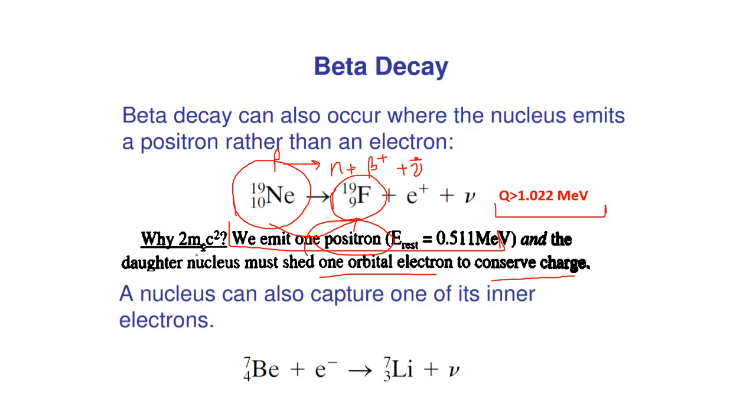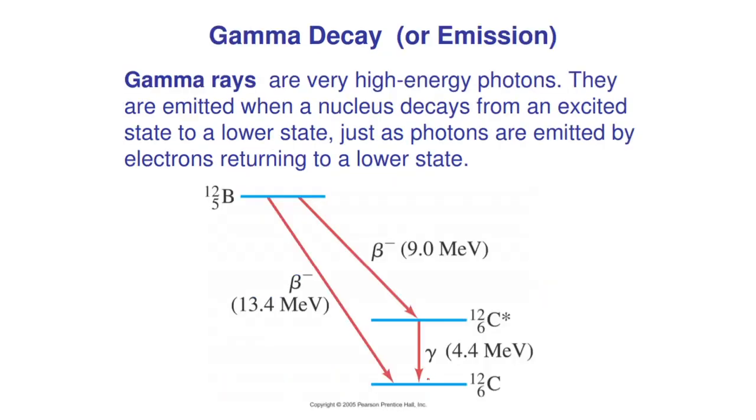The last process is the electron capture, in which the nucleus of the atom captures an orbital electron, leads to a stable state, and releases a neutrino. And finally we have the gamma decay process, and these gamma rays are nothing but high energy photons being released from excited nuclei